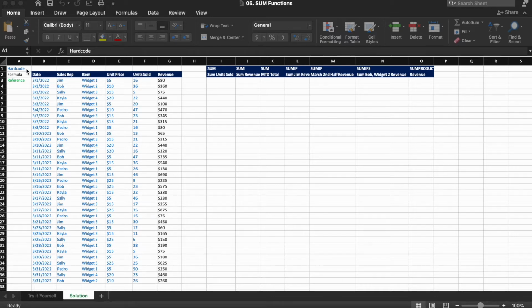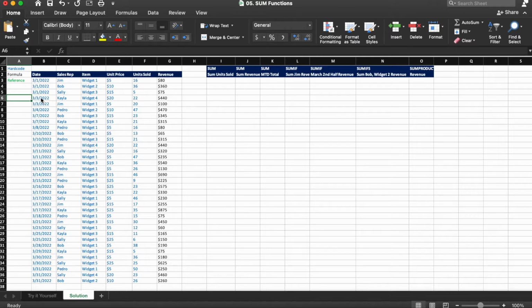In cells A1 to A3, you will see hardcode, formula, and reference in blue, black, and green, respectively. Using font colors to indicate what is in a cell is something that we consider a best practice and is useful to remind yourself and to communicate to others what type of data is in each cell. A cell reference is just one cell that references another. So if we go over to cell A6 and do equals A1, we'll just return the value that's in A1. Okay, onto the worksheet.